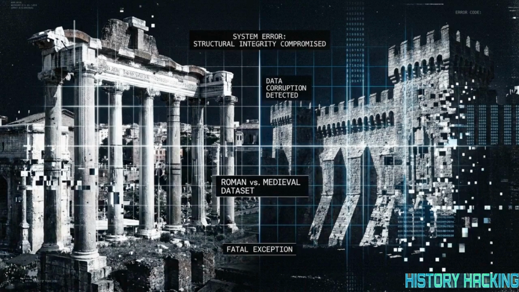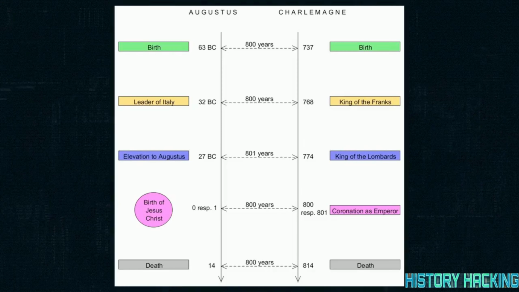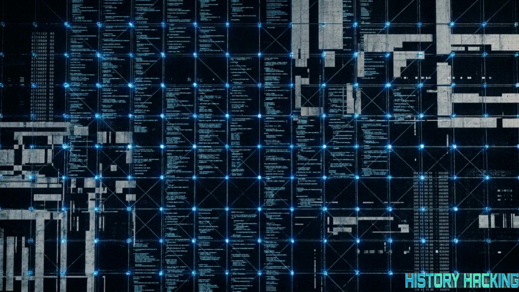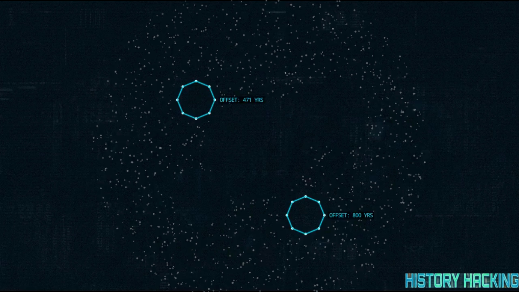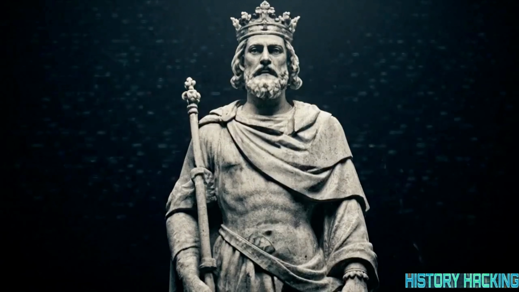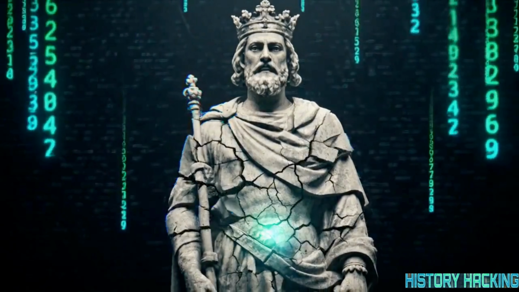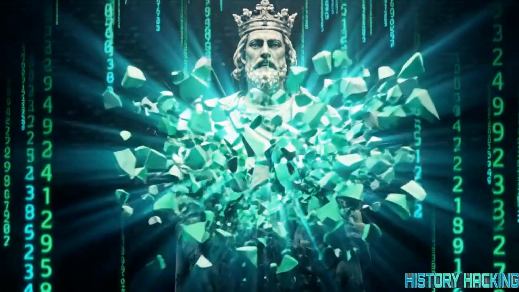We see the same procedural generation when comparing Emperor Augustus to Charlemagne. Every major milestone, their births, their ascensions to power, and their deaths, is logged with a repeating 800-year delay. These mathematically perfect, repetitive intervals suggest that this portion of history was generated by a structural algorithm. When the dataset is viewed as a whole, the presence of these repeating loops and null values becomes difficult to ignore. Charlemagne appears to be a composite character, a generated avatar used to provide a necessary anchor for the early medieval timeline.